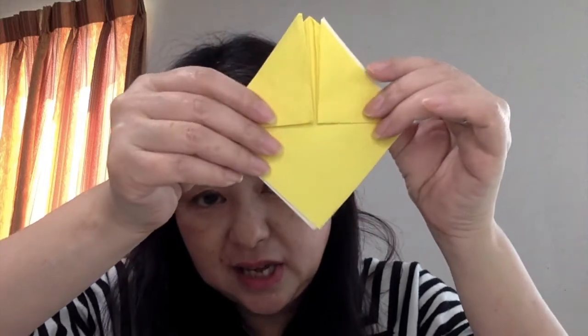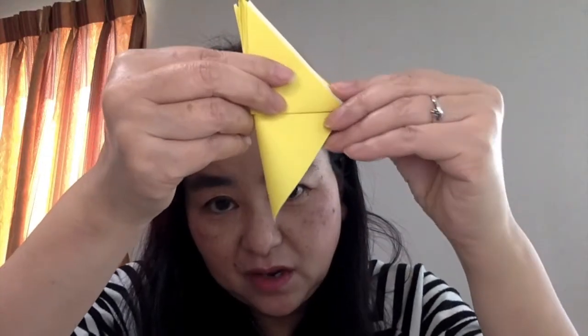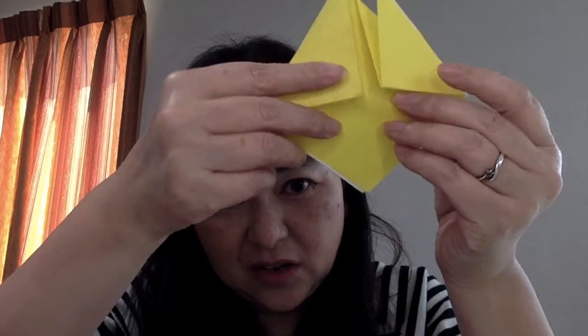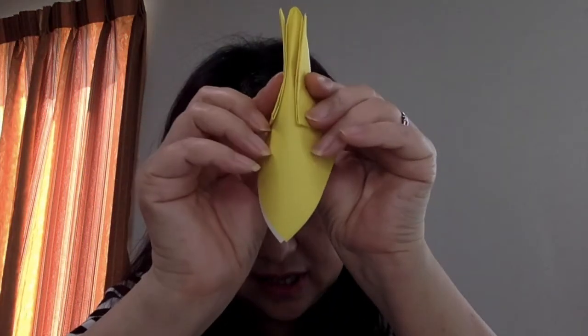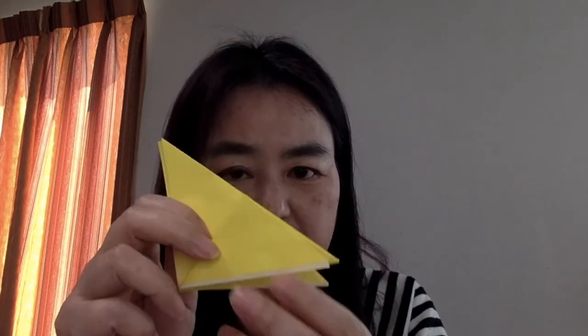Okay, yes, next, so okay, fold like this. So this side is, the other side is nothing on the paper. Okay, so this side, okay, fold like this and make a triangle. Okay, now, okay, upside down,